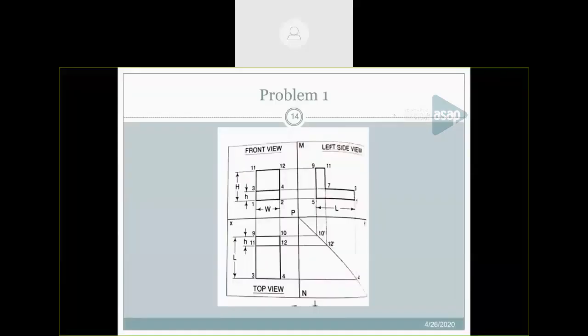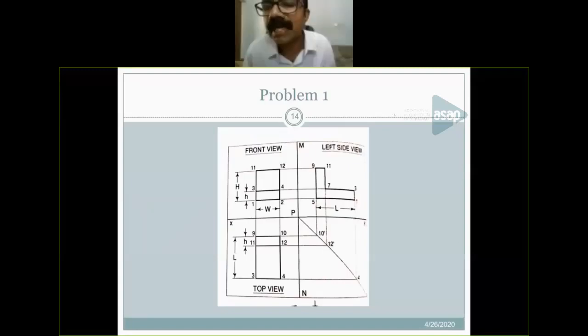Okay, sir. Another question from Anthony is, is it necessary to mark numbers in all the objects? Numbering is required for drawing the exact figure of the object. See, for plotting the points, the visible points and invisible points, we have to plot. So that's why proper numbering is required. See, in the elevation itself, we are not able to see all the points. But we have to assume.